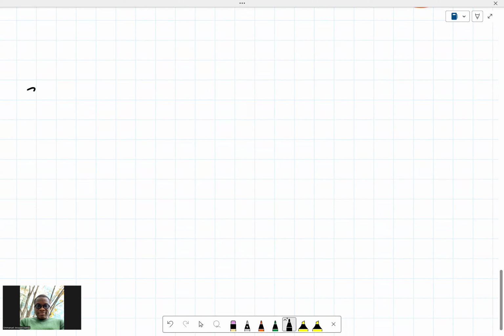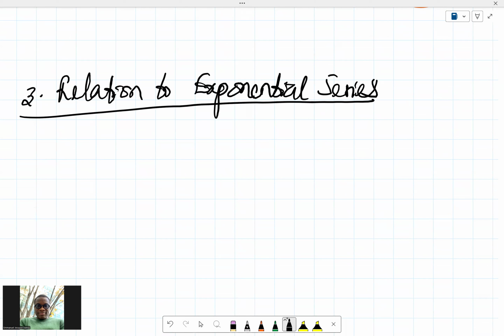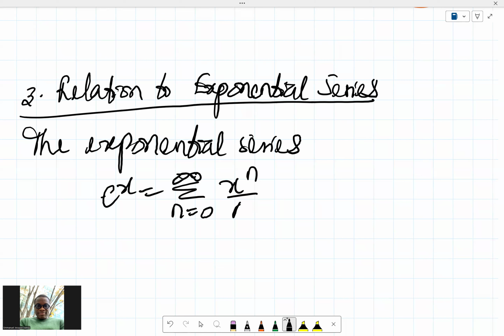So let's move on to the next idea, and that is about how binomial series is related to exponential series. Three, relation to exponential series. So the exponential series, which is e raised to power x equals summation from n equals 0 to infinity of x raised to power n over n factorial, is actually